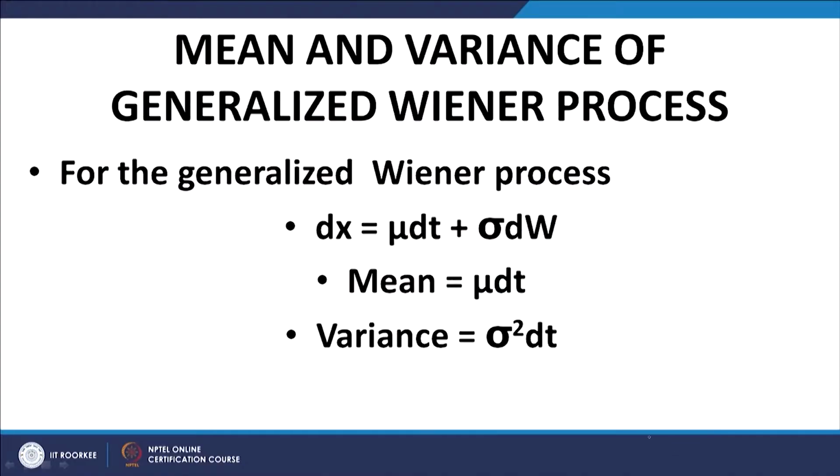What are the parameters of the generalized Wiener process? It is quite obvious. The mean is given by this. This has a mean of 0, and since this has a mean of 0, this term will not contribute, and therefore, we have a mean of mu dt. And what about the variance? This is non-stochastic, so it does not contribute to variance, and this expression has a variance of t, and when you add this or dt, this expression has a variance of dt, and when you introduce this, scaled with sigma, the variance becomes sigma square dt. So, the variance is sigma square dt, the mean is mu dt.